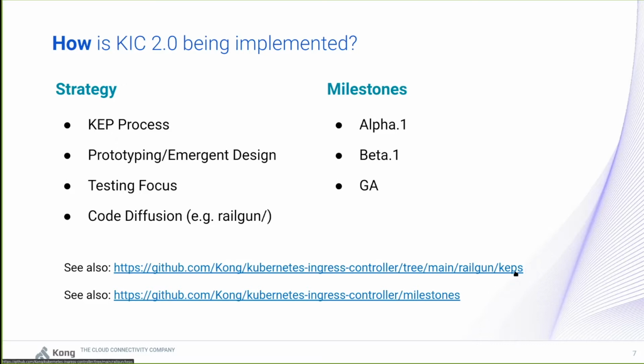Under the KEPs directory, we're now using the KEP process, which, if you're not aware, is the Kubernetes enhancement proposal process. That now exists within Kong, but we're not using it precisely the same as upstream is using it. We're focusing a little bit more on using it as a consensus building tool, and we're not going too deep into the designs for things yet, because